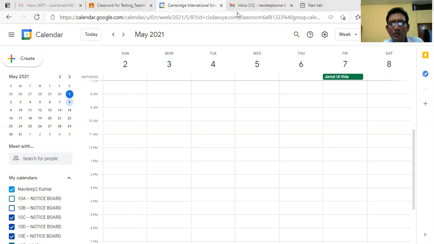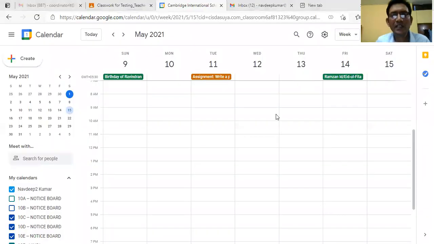And in the calendar view, we want to see the highlight, what is the purpose. Now, what is the purpose of the calendar? Here you can find that I have assigned the assignment to the students on the 11th of May. And here you can see that the May month is there, and on the 11th of May you are finding out that there is an assignment to the students.